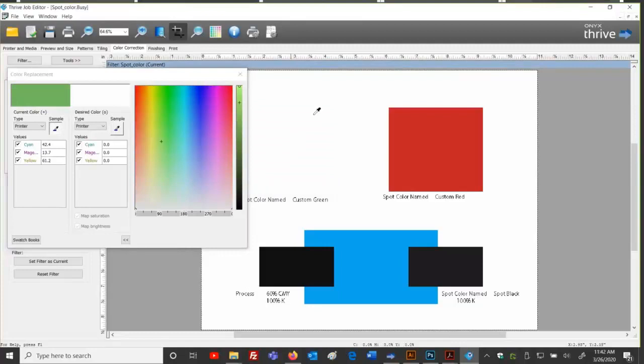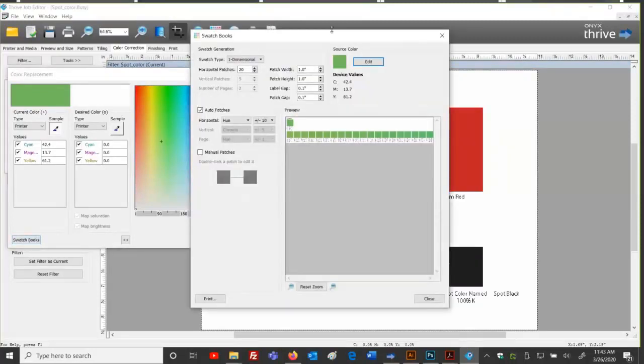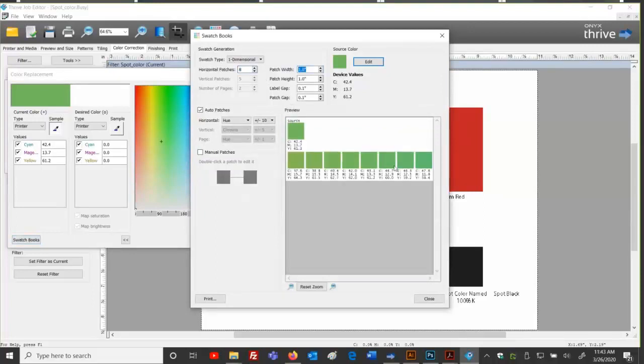But my point in all this is I'm grabbing the color from my file, and I'm going to go down here to Swatchbooks. And now I load that color into Swatchbooks. Just to make this a little bit more visual, I'm going to go to 8 patches so you can see a bigger transition, larger squares here to see the change. So the display is a little bit different. Now I might say, yeah, I really felt that was chroma all day long. Maybe I want to do plus or minus 7 or 6.